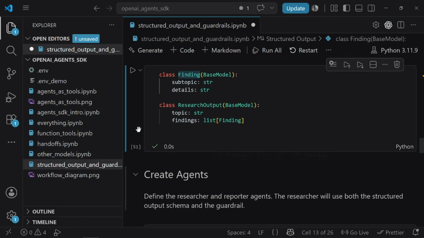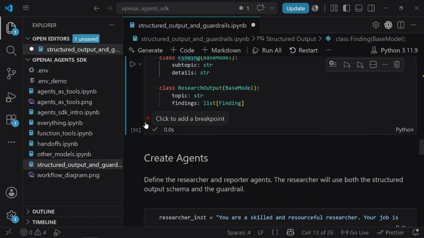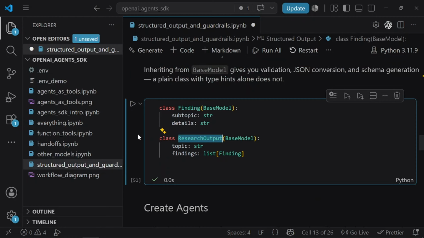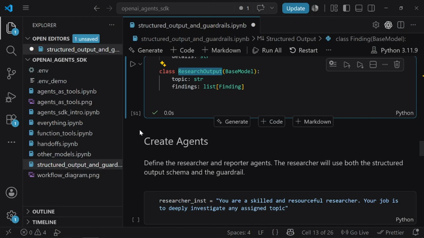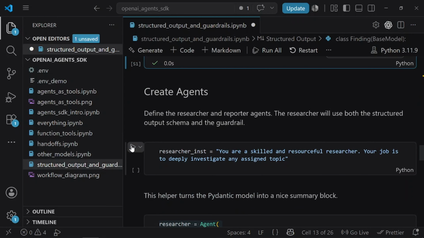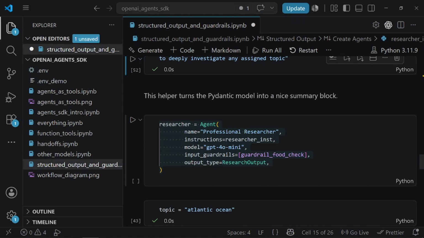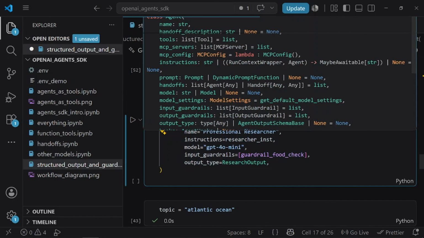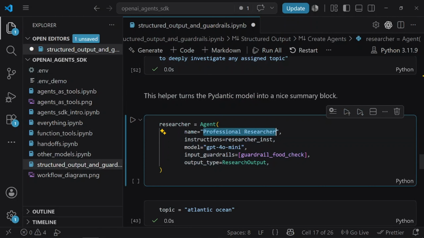Okay, so let me show you how that works. So remember, research output, that's the name of our class. Now that we have that created, we're going to create our agent. And we give it a system prompt. You are a skilled and resourceful researcher. Your job is to deeply investigate any assigned topic. Now we actually create the agent. So we call it researcher, use the agent class, give it any name we want. We'll just call it professional researcher, pass in those system instructions, pass in the model we want to use,